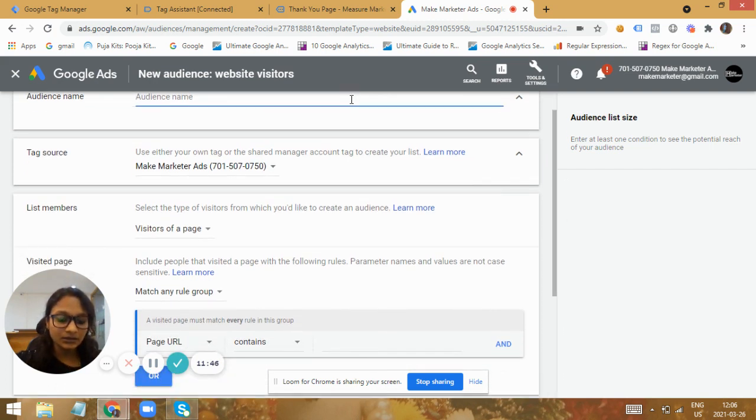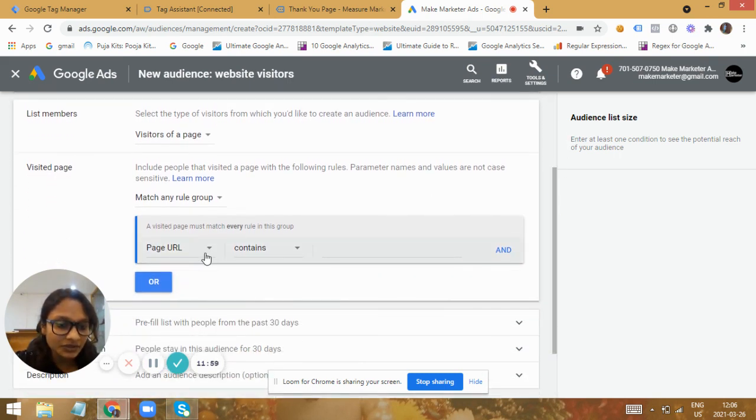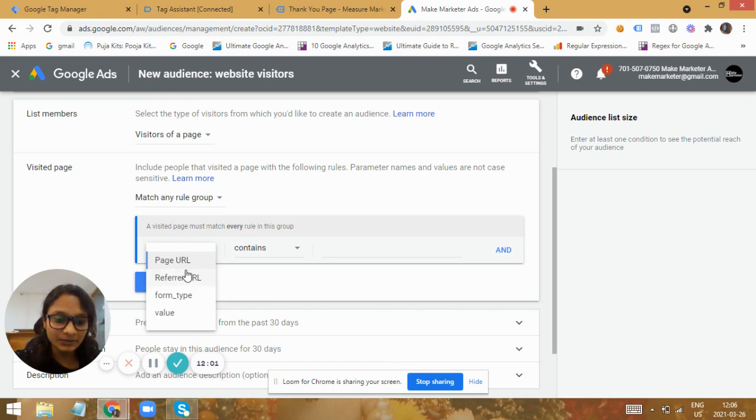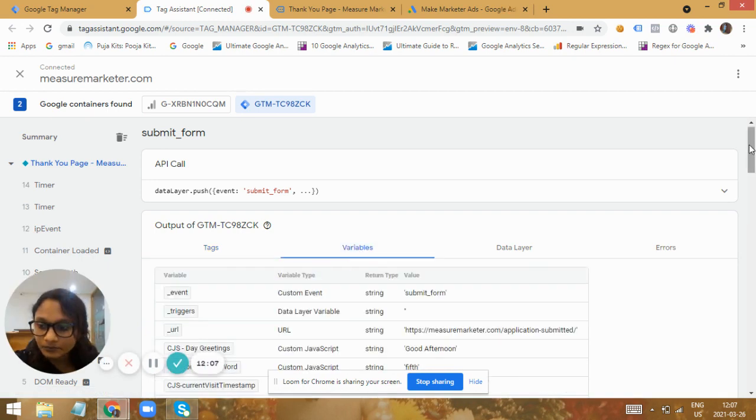Let me name it application form leads. So here initially you'll be having only these parameters, but now the form_type that we have sent over here, right? See,